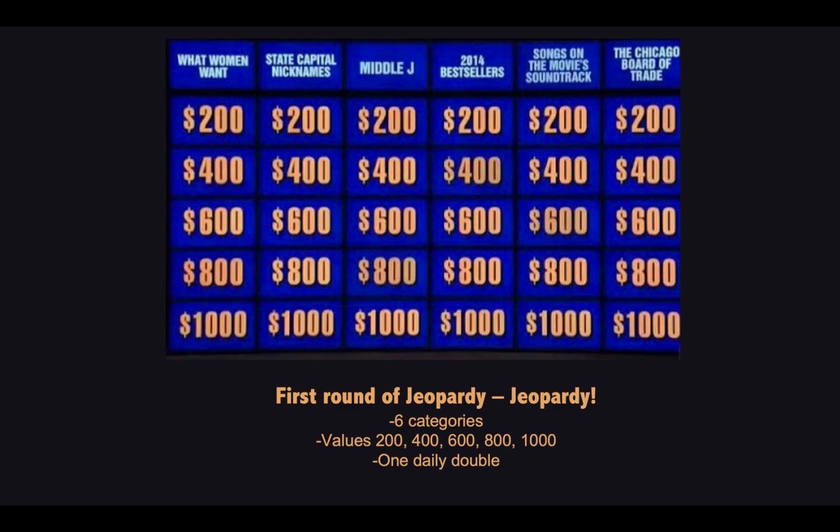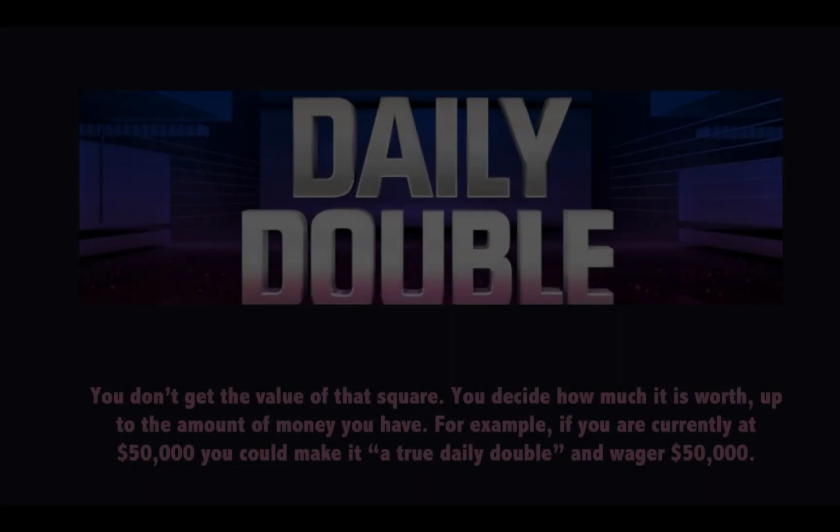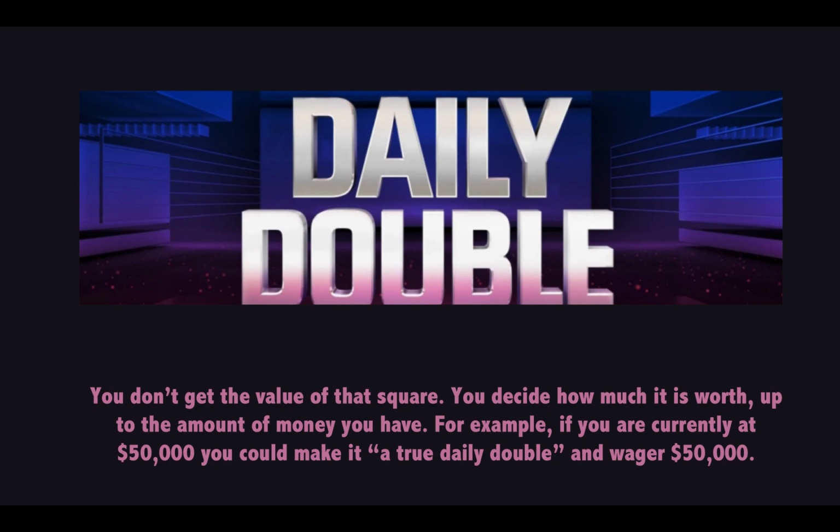There is also one daily double. A daily double is hidden in one of those squares. So maybe you select a $600 question and it comes up that it's the daily double. That means that the question is no longer worth $600 and you can wager however much you have in your